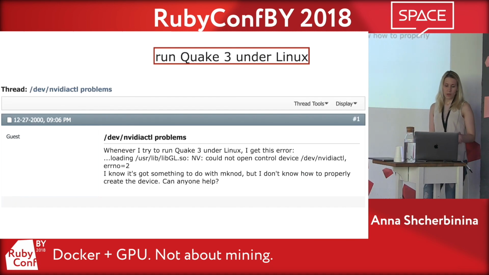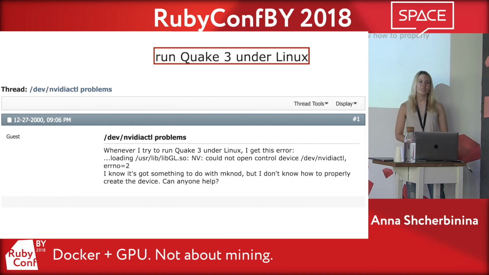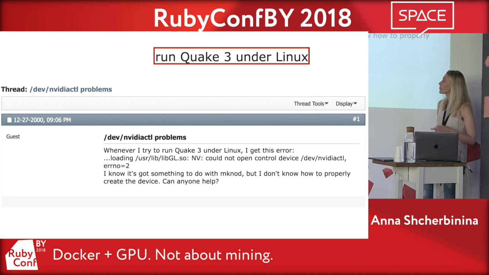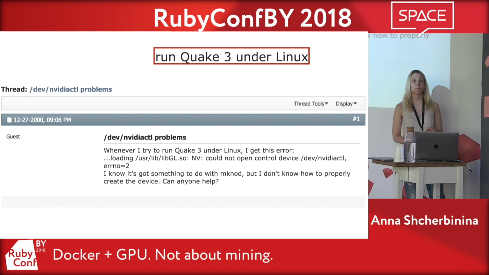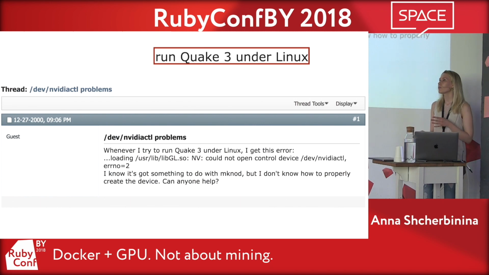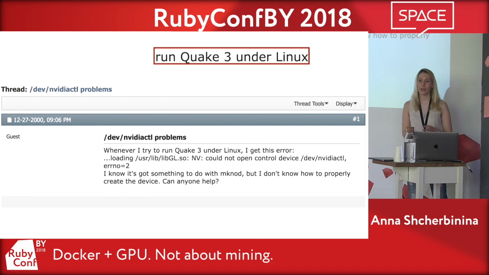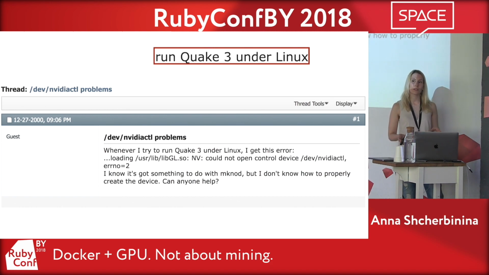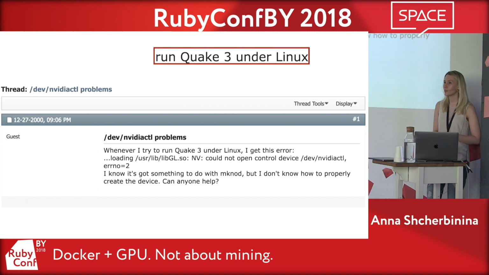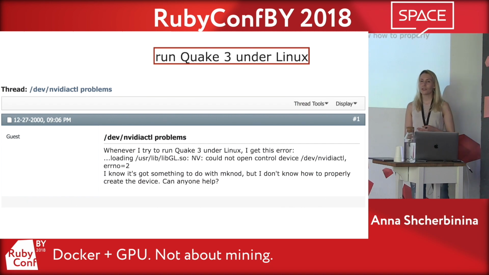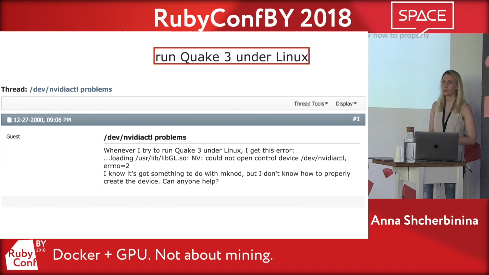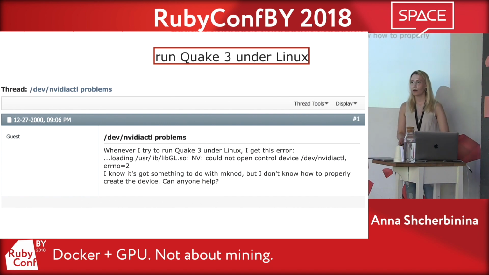While Googling the information about the drivers itself, I ran into this post, and it makes me laugh. The guy was Googling for the solution, how can he run the game Quake 3 on his Linux laptop because NVIDIA CTL wasn't accessible. So that makes me calm, because it shows that problems with the drivers were every time, all the time, and